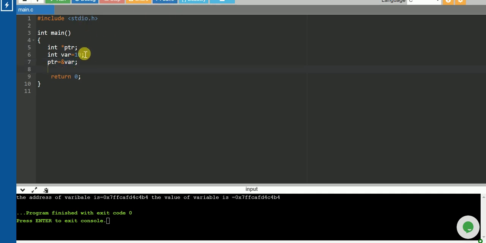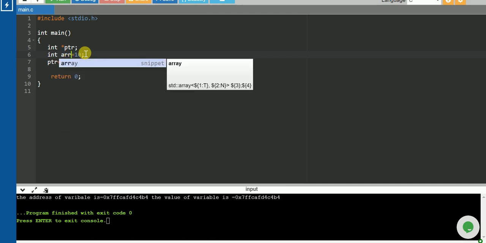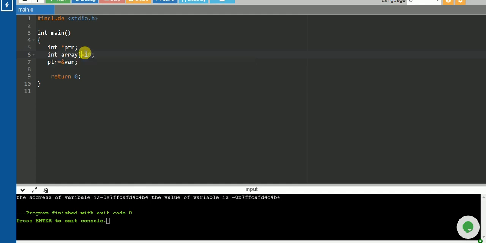So now I will take one simple array program which will explain the usage of pointer. Okay, let me take one array of size 5, right? So I'll take 10, 20, 30, 40, 50.